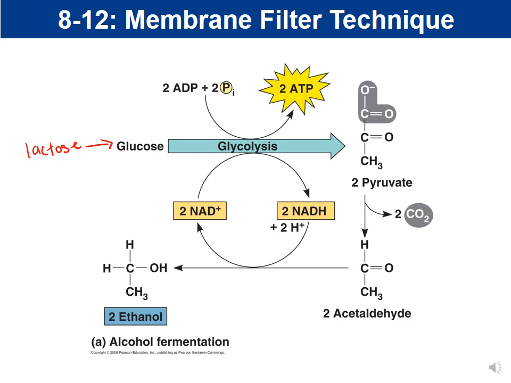If O2 is not available, or if the bacteria does not do aerobic respiration, then they can go through fermentation, and this diagram is showing alcoholic fermentation. The pyruvate is going to break apart, and for each pyruvate we get 1 CO2. We have 2 pyruvates, so we get 2 CO2s. The remaining 2-carbon part is our acetaldehyde. This is our final electron